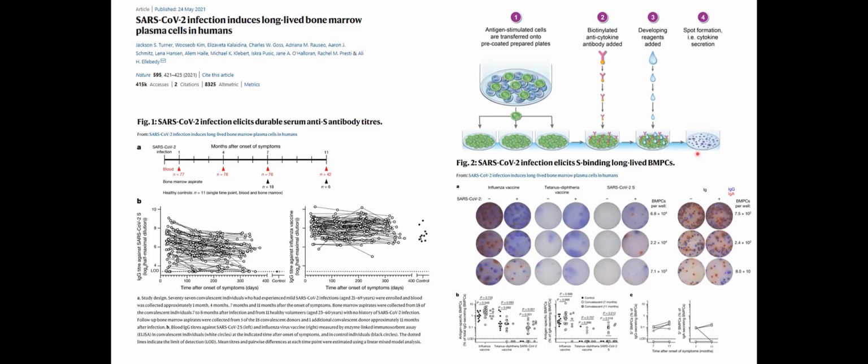And then the B cells will start making antibodies, and they will bind to the spike in the well. And you add reagents then to read out the antibodies to spike in the well after you've washed the cells off. And those reagents turn color if they see spike antibodies bound to spike antigen in the bottom of the well. And then you get these spots, and each spot corresponds to one cell that was secreting antibodies, and you can count them up, and then you can quantify them and show that you're inducing this very nice, long-lived, robust